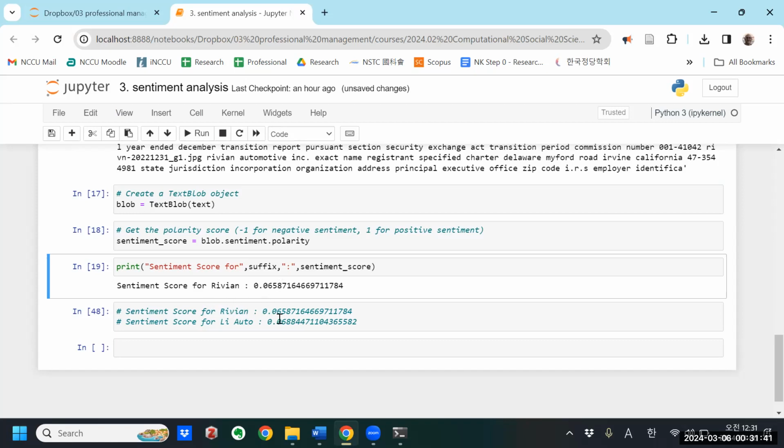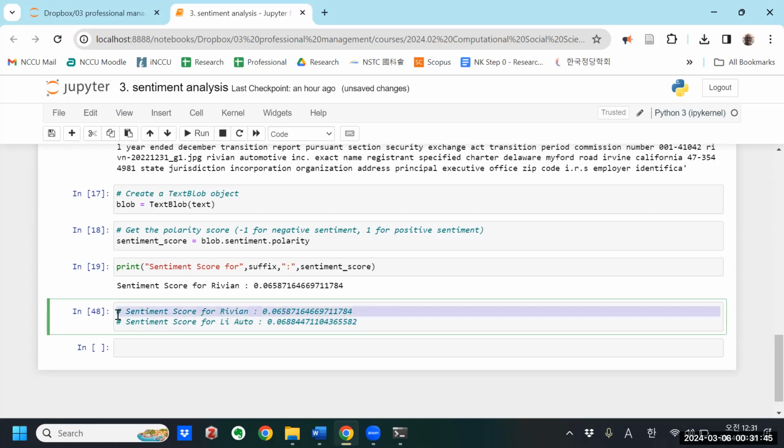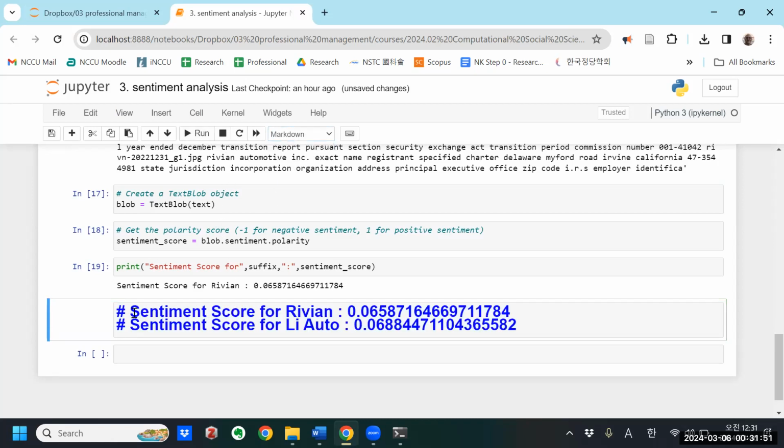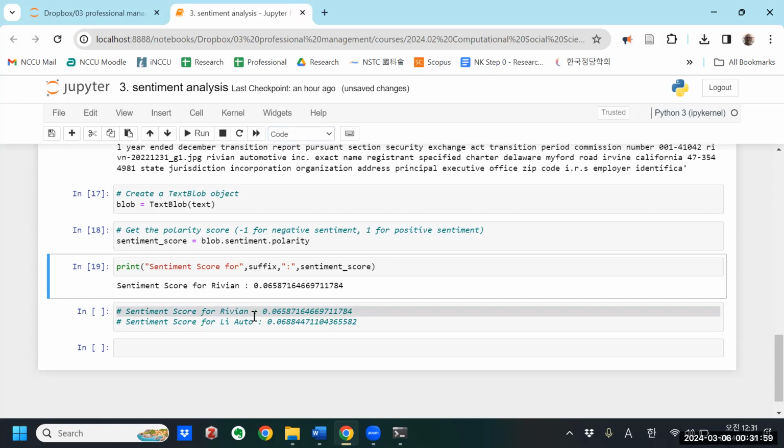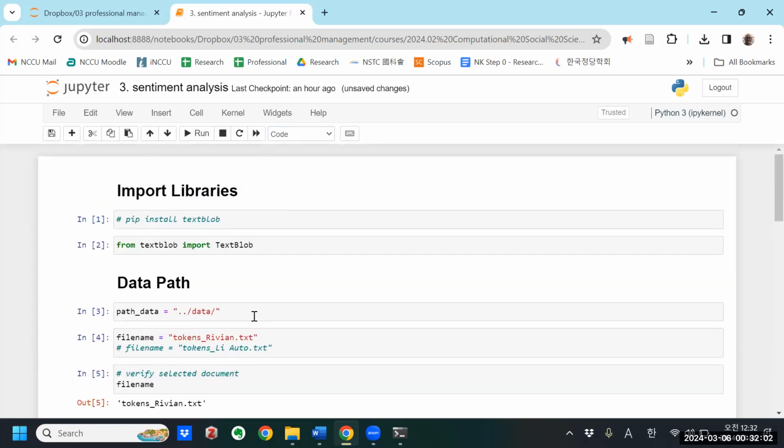So I just save that down here. Rivian here, and I just commented it out. Let's keep the code for now. Okay, so we've collected the score here for Rivian. Now let's go back up and do the score for